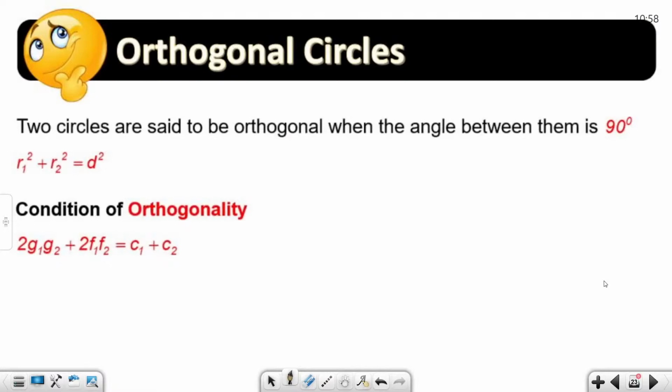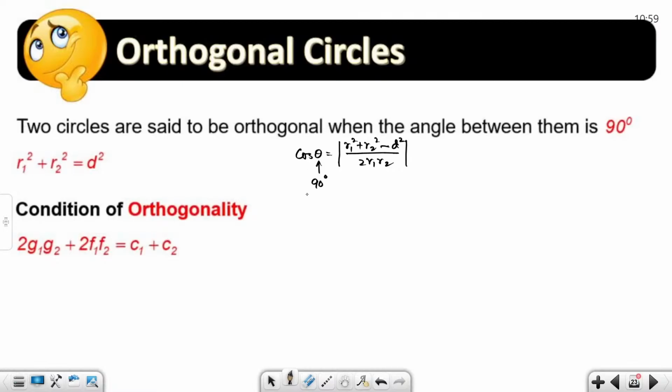So now let us come to the most interesting part of angle between two curves, or two circles in this case, which is called orthogonal circles. Now two circles are said to be orthogonal when the angle between them, what we got, our angle is cos theta equals modulus of r1 square plus r2 square minus d square divided by 2 times r1 r2, right? This is the angle between two circles. Now if this angle theta is 90 degrees,